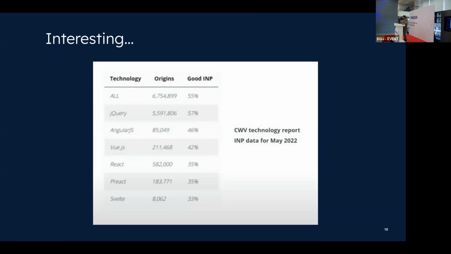Try to reduce the JavaScript that you are getting into your web app. Try to optimize your JavaScript bundles too. But again, it's not about how much JavaScript we are sending. It's more about how much JavaScript we are executing. Even if you are writing in React, if you are writing good quality React, the INP is not going to be affected. If you are having a lot of actions continuously, say for example, like I can